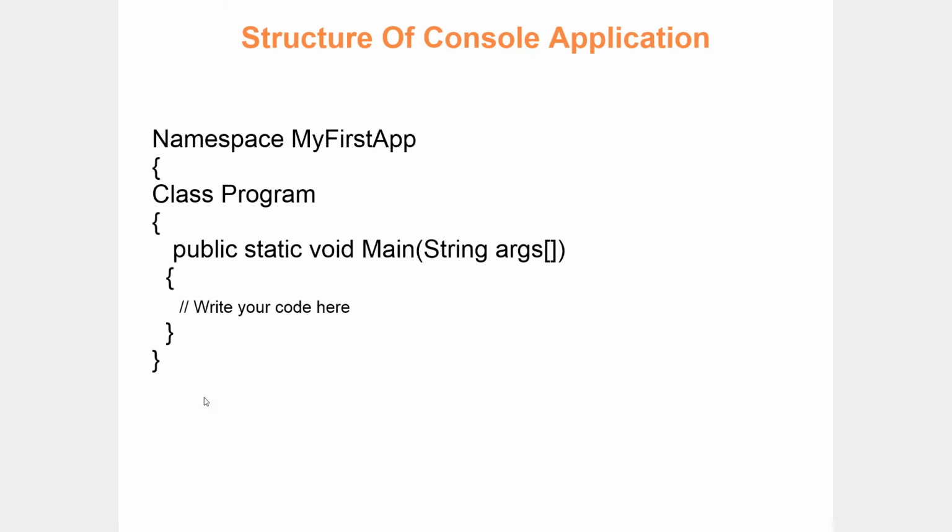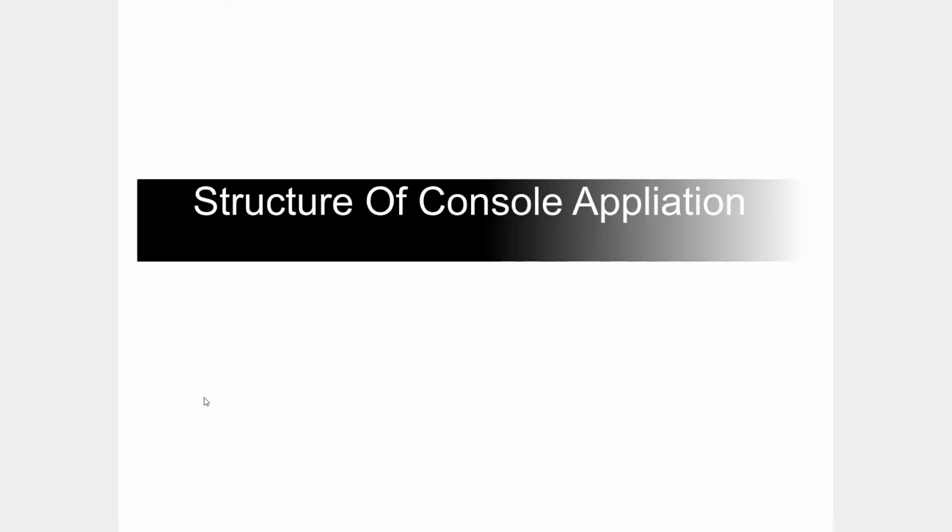Irrespective of technologies, whether it is .NET, Java, or any technology, every application, whether it is a Windows based application, web based application, mobile application, or any application, requires a starting point. Your application may have thousands of classes, thousands of files, thousands of functionalities. But the compiler doesn't know anything about your environment. It doesn't know where to start the execution.